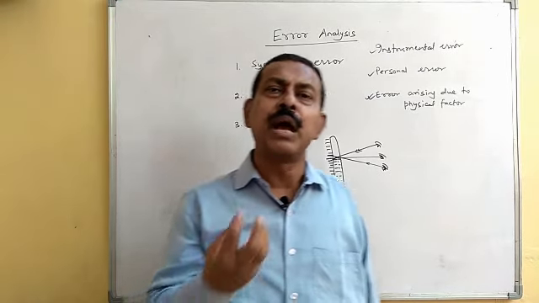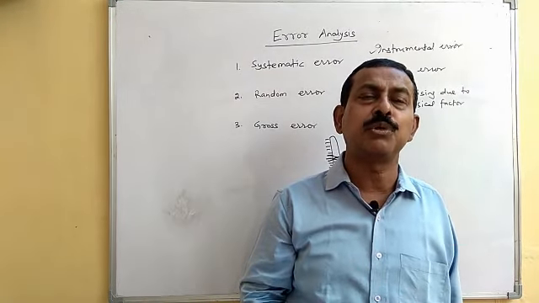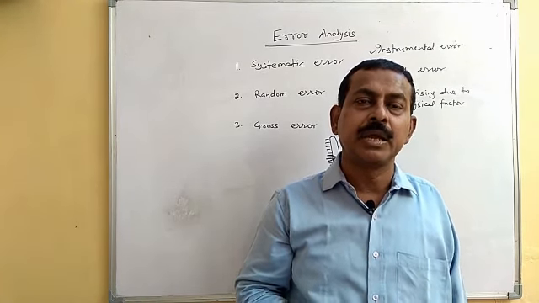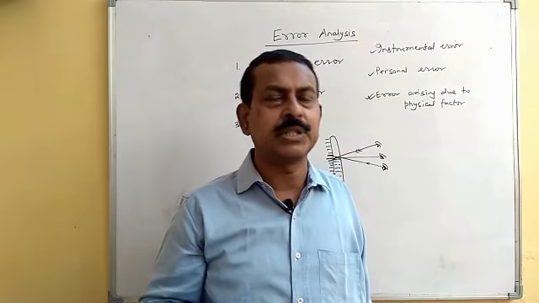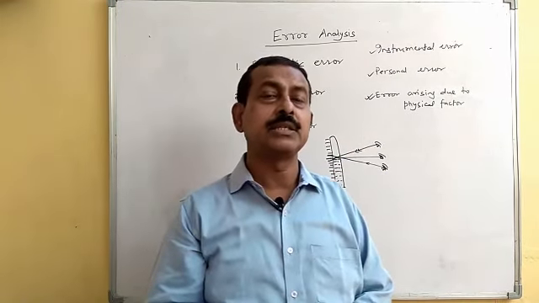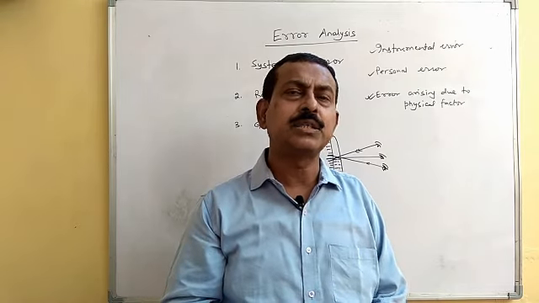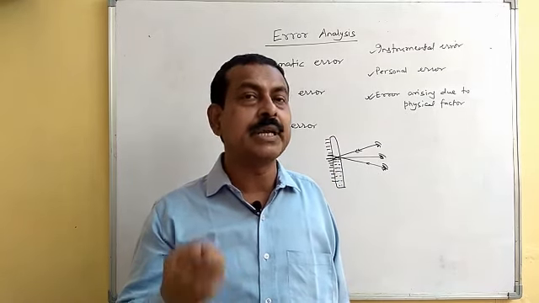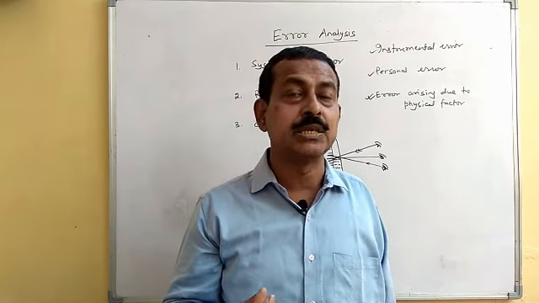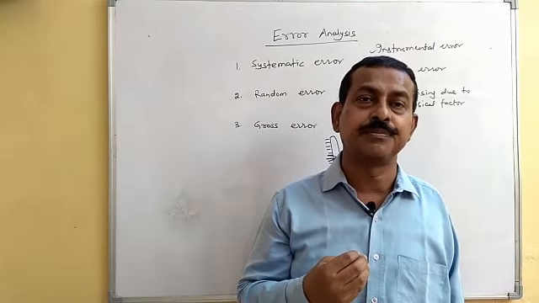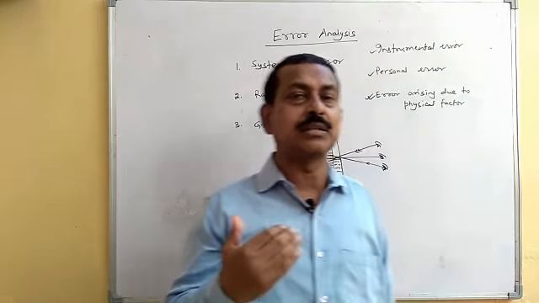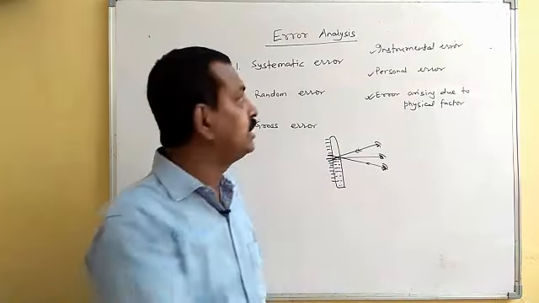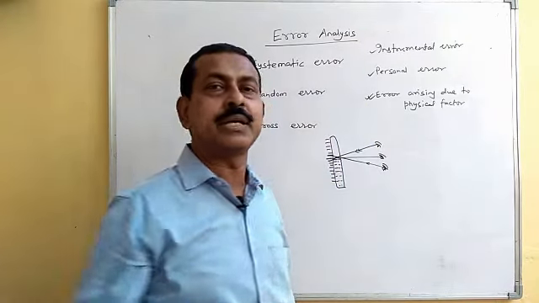Similarly, suppose you have iron slotted weights with the help of which you are taking the measurement of the mass of an object. If there is rusting there, when there is an increase in humidity, there is an increase in the moisture, and suppose there is rusting in those slotted weights, definitely any measured value of mass will be different from its actual one. So all these fall under errors arising due to physical factors. And these are the different types of systematic error.